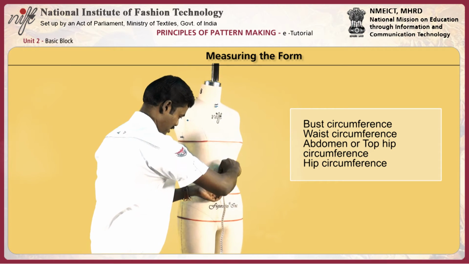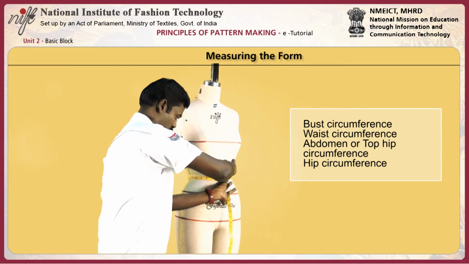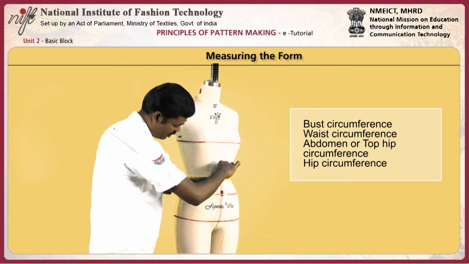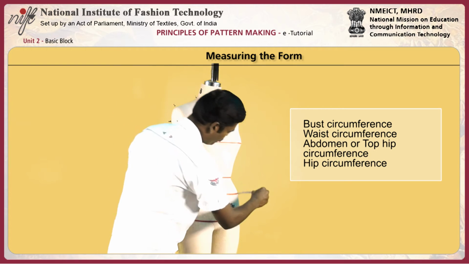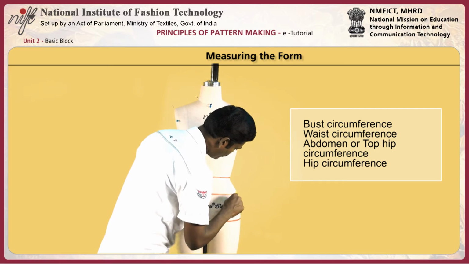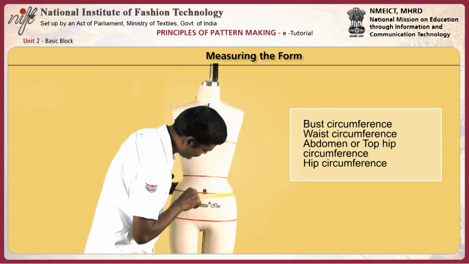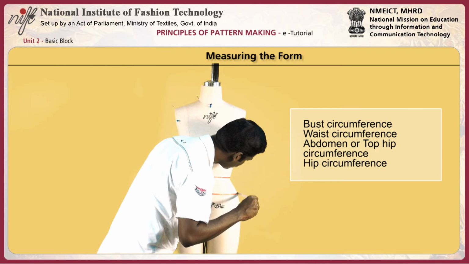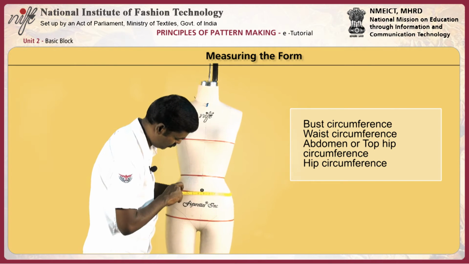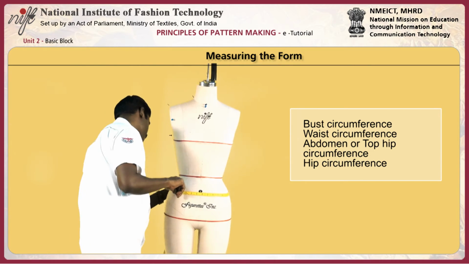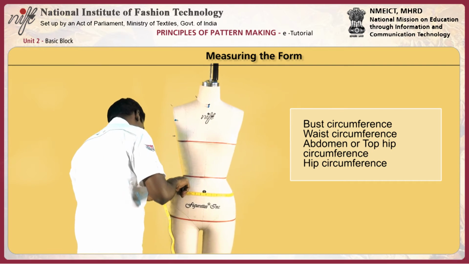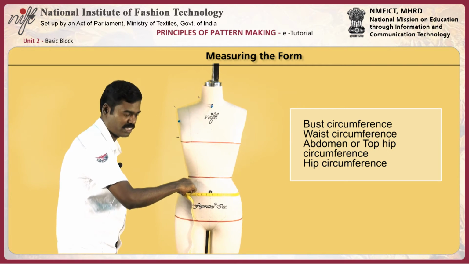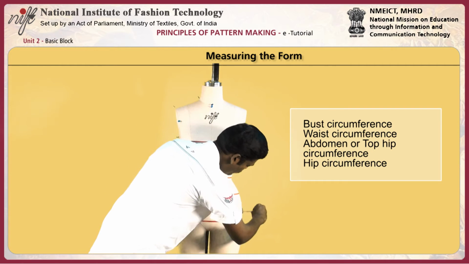measure on waist, with one finger inside and record the measurement. Then abdominal measurements, place your tape exactly on the abdominal arc and mark the measurements. Hip measurement,